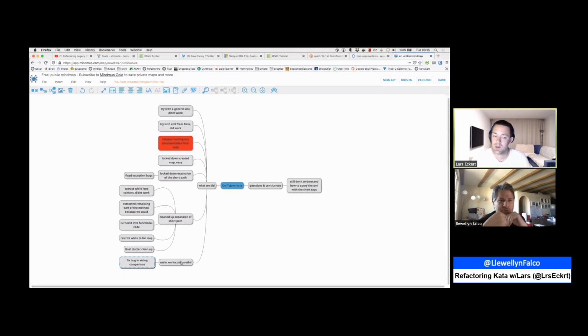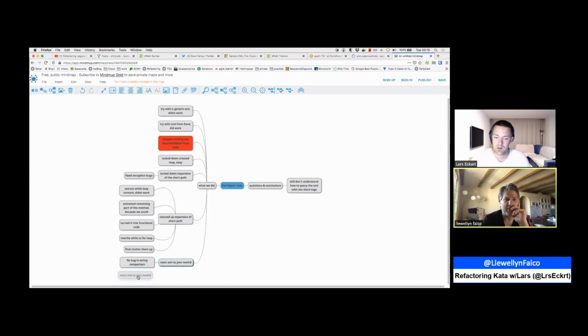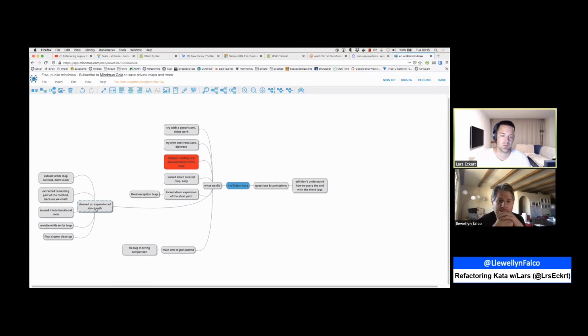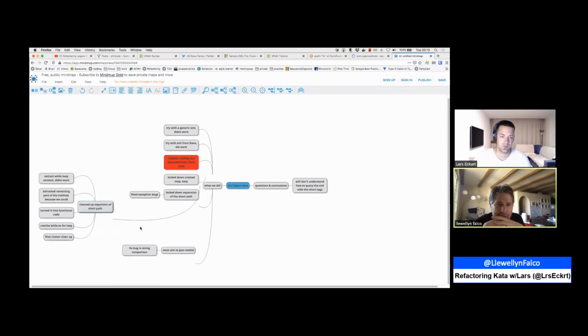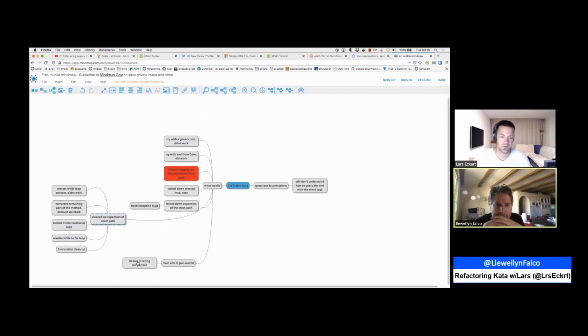Sorry? Just drag the node for cleaned up expression of short path up. No, the other node. Just drag it to the left. Yeah, like that. Okay. And so now on the main XML to JSON method,